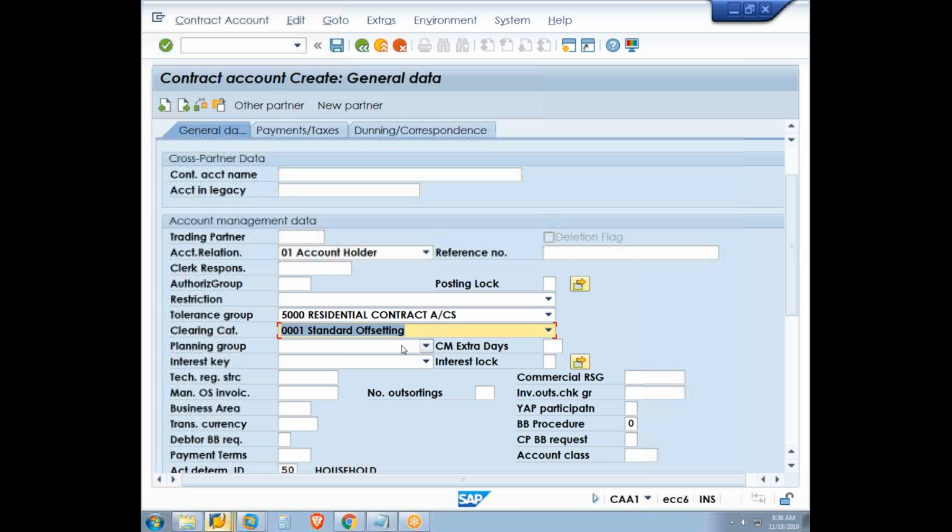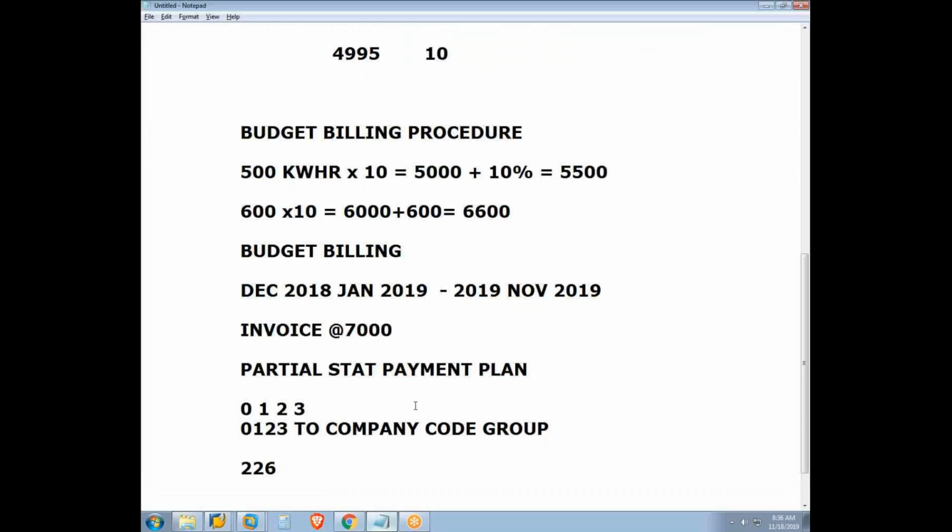So different methods of incoming payment, or payment methods, will be available. For each one of them, we are going to maintain the clearing. Basically, what is clearing category in principle? If you configure clearing category and clearing strategy, the system will automatically find out which open items it has to